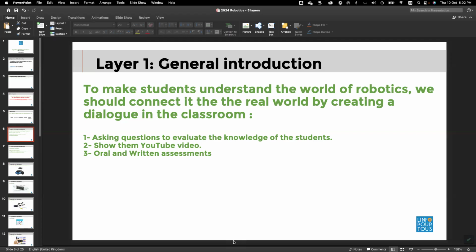just give me 1 second. Add to add to platform extra worksheet for intro layer to robotics. Okay,